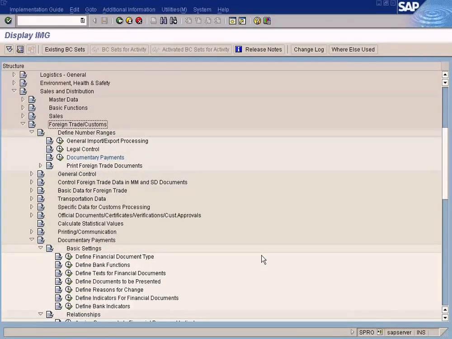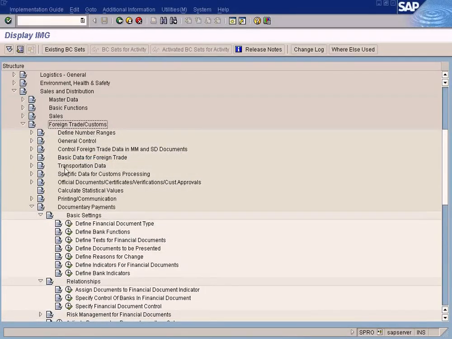Okay, because LC is used only for foreign customers. For domestic customers, normally we won't use LC, because if the customer doesn't pay, we can actually take legal proceedings. Okay, now